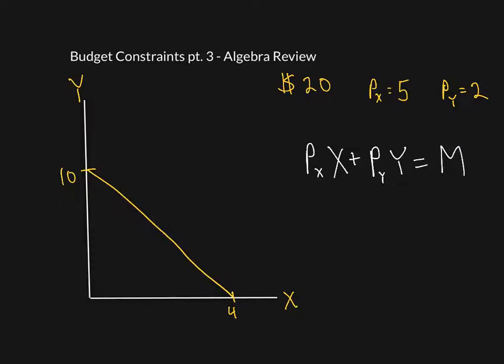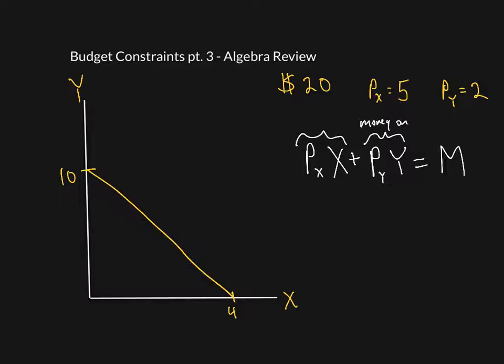So translating this into English, this says that the amount of money that you spend on good X, which is equal to the price of X times the quantity of X that you purchase, plus the amount of money that you spend on good Y,